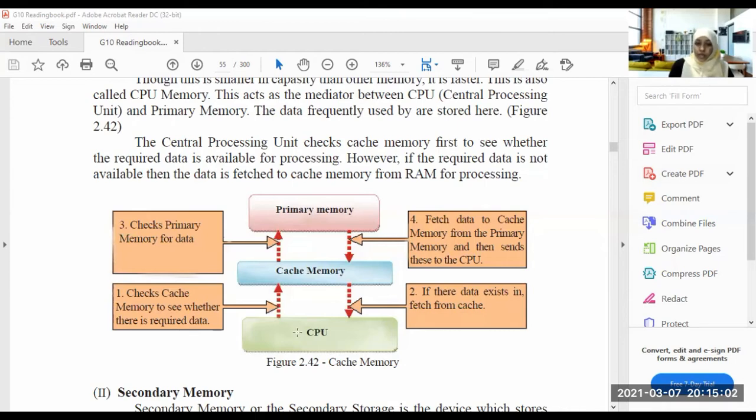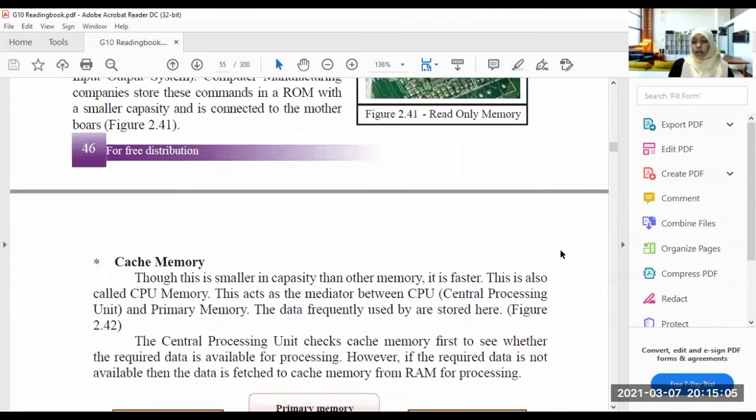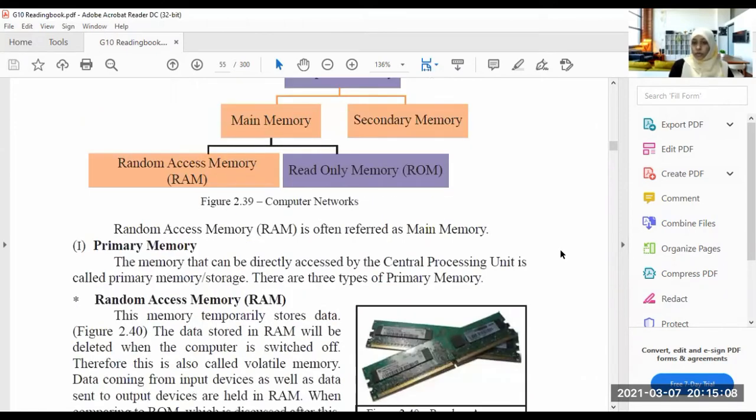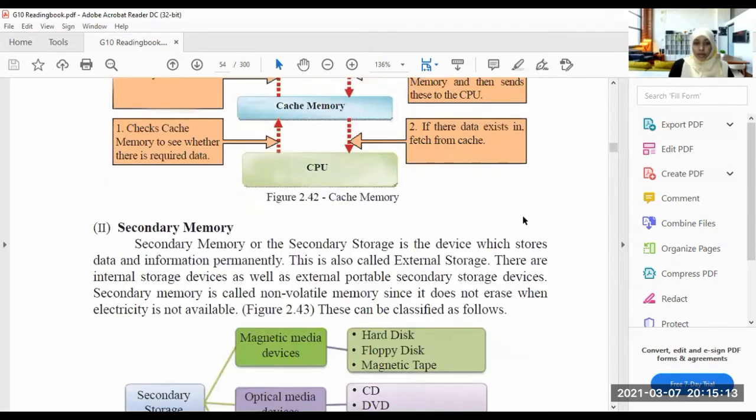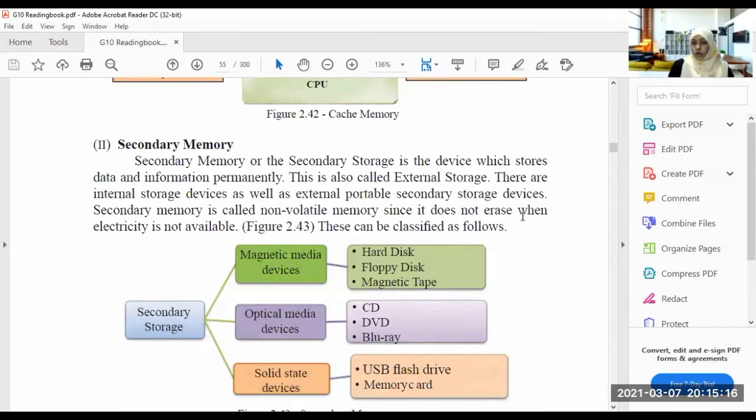So now you know the three kinds of primary memories, which are RAM, ROM, and the cache memory. Now we'll go to the secondary memory or the auxiliary memory. Secondary memory or auxiliary memories are the memory or storage devices which we use to store data and information permanently. Some of these devices are portable and there are some non-portable devices also.